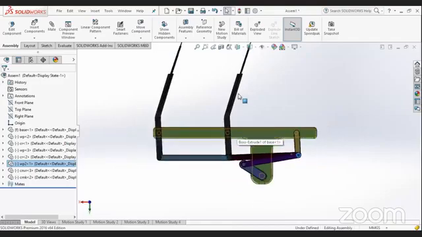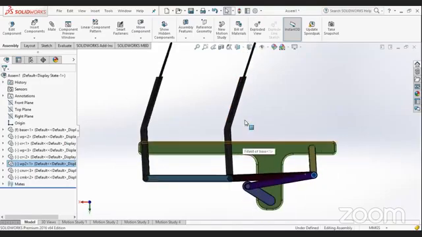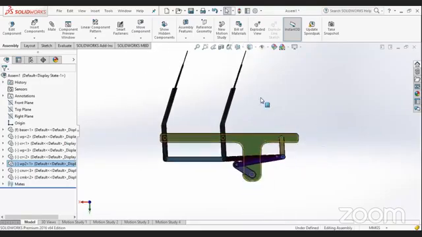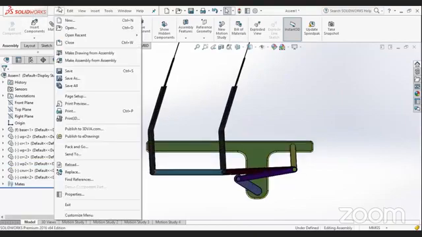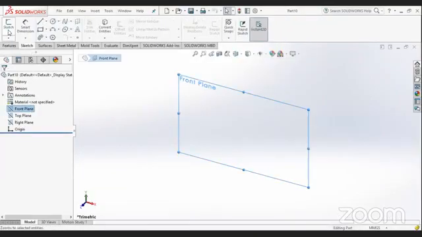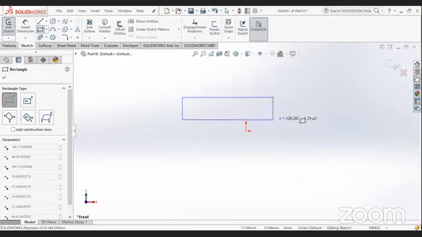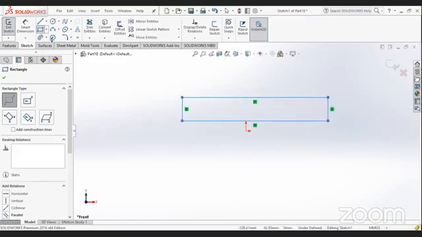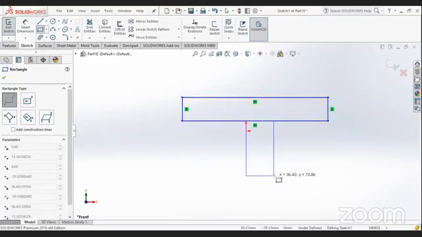Okay. What I'll be doing, I'll not make all of the wiper, just a link and a crank. Okay. So let's start. New part. So firstly, we'll be obtaining the base plate. Make a T shape with the use of a rectangle.